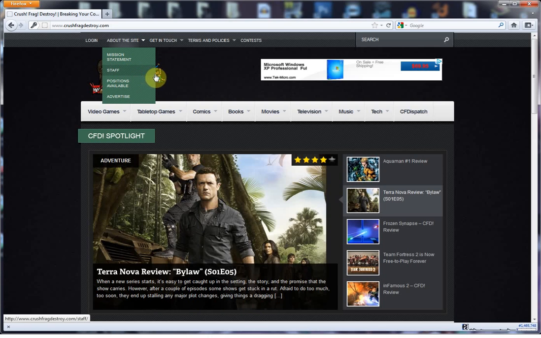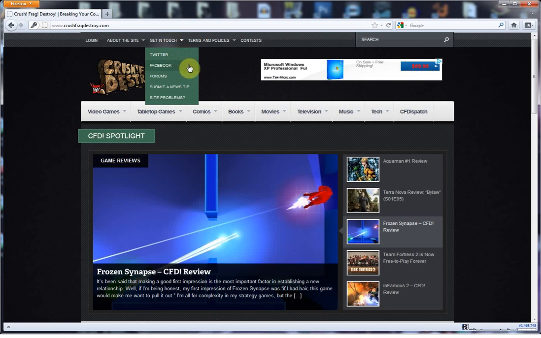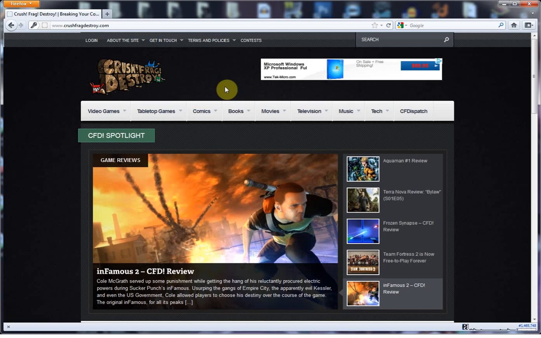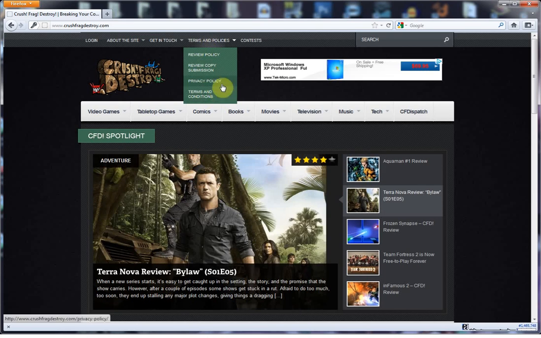When we have job openings available, our jobs page links up here. Get in touch has social network links. Forums, when they end up going up, will be here. We have a couple of email links, so you can submit news tips or contact us if there's any problems on the site, like broken links or anything of that nature. Terms and policies has the usual boring privacy policy and terms stuff, but we also have our new